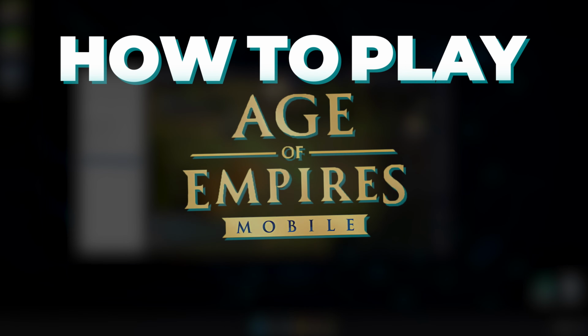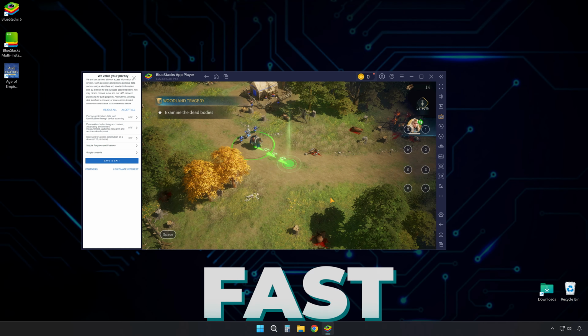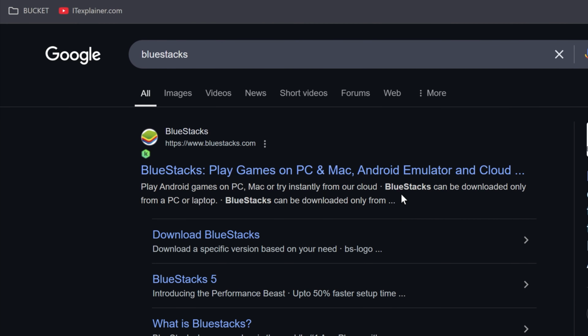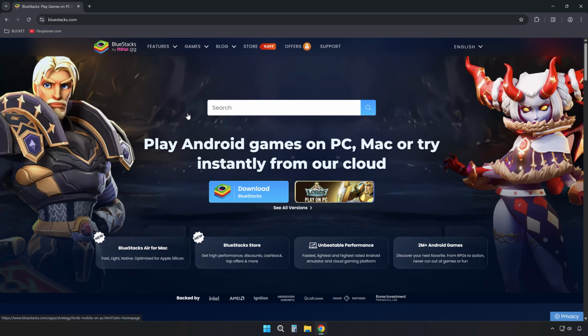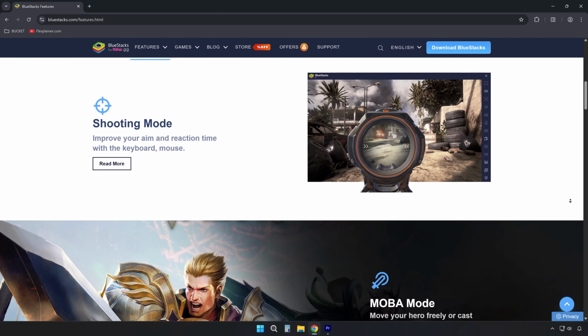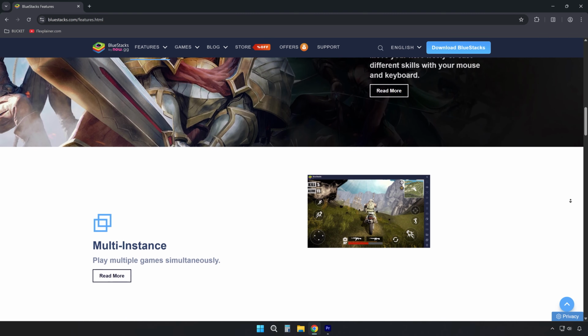Alright, here's how to play Age of Empires Mobile on PC fast and easy. Start by searching for Bluestacks in your browser and heading to the official site bluestacks.com. Bluestacks is an Android emulator that lets you play mobile games on Windows, complete with keyboard, mouse, and even controller